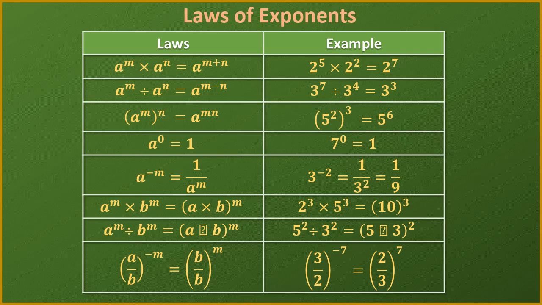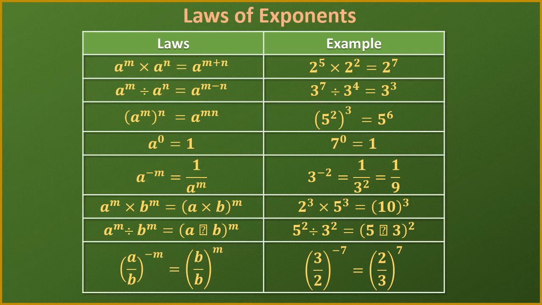Okay, now look at the next formula: a to the power m into b to the power m. If you compare this formula with the first formula, in the first formula the powers were different and the bases were the same. Here the powers are the same and the bases are different. So if the bases are different, still the power is the same and the terms are in multiplication, we can combine their power and we can multiply the two bases. For example, see 2 to the power 3 into 5 to the power 3 we have been given.